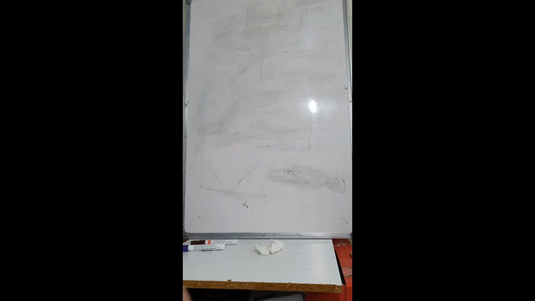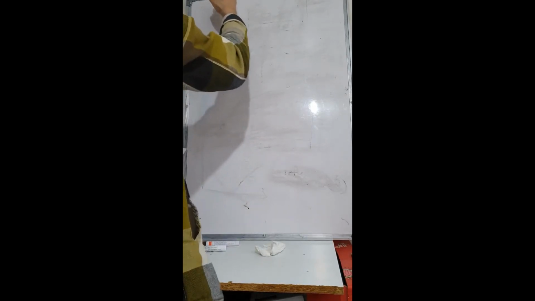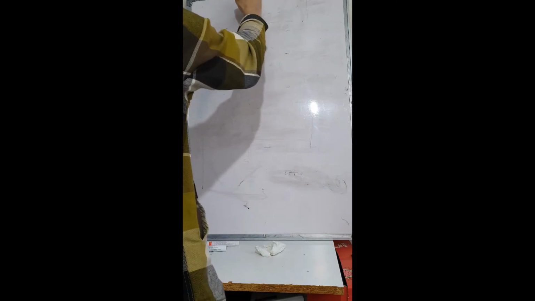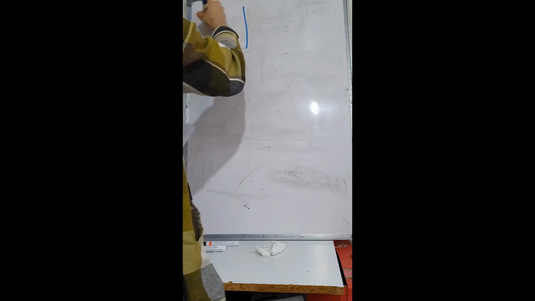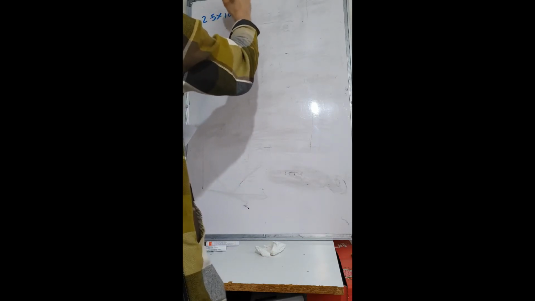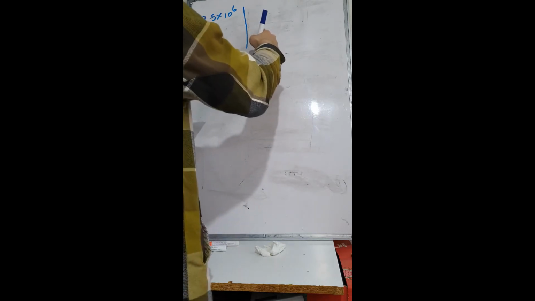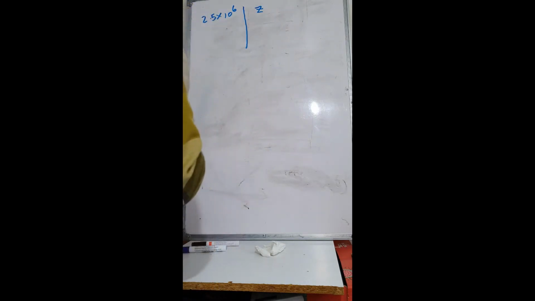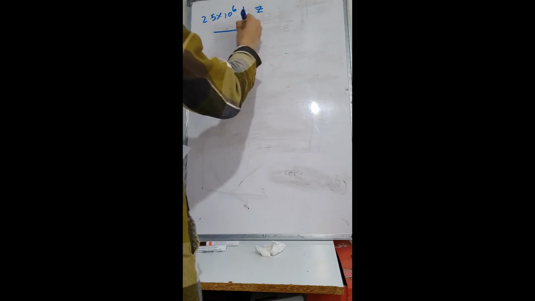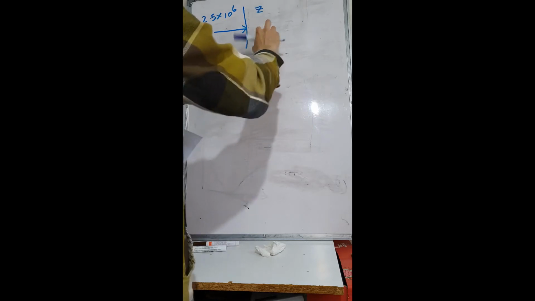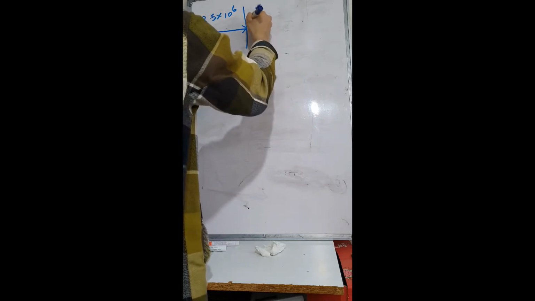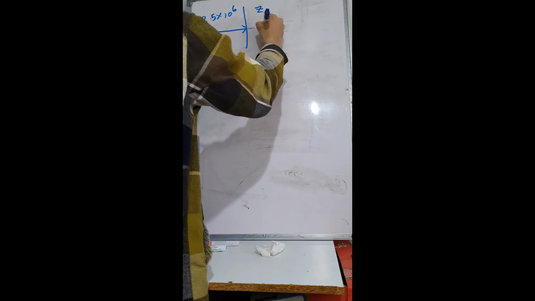All right, how do we do this question? Okay, so you're given that A on the left-hand side is 2.5 times 10 to the power 6. And on the right-hand side, you've got just Z. So here you have ultrasound coming from the left. Now, because you have two different materials, you will have some of the ultrasound being transmitted, some of